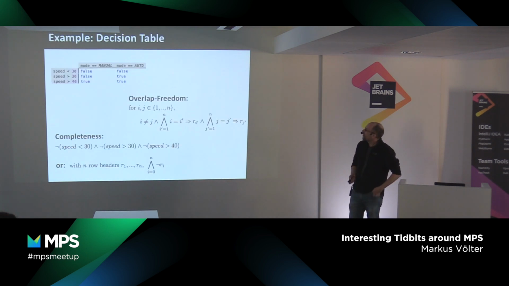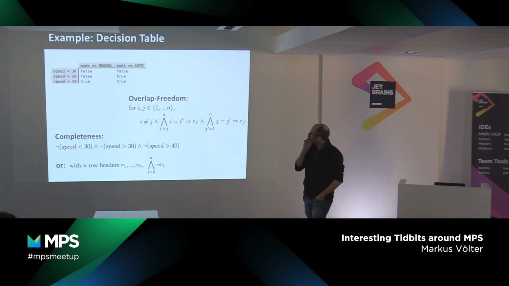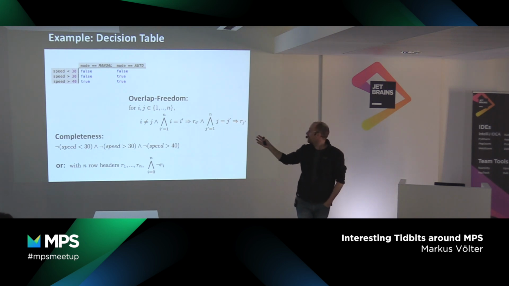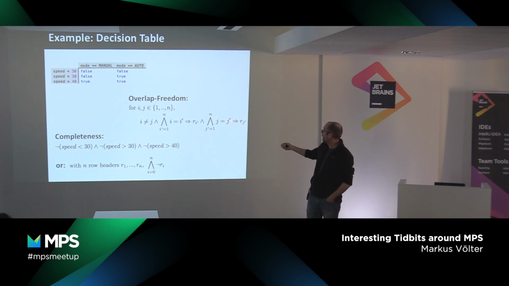Yeah, what we use it for right now, for example, is to check consistency and completeness of decision tables, where, for example, a table is only correct if all cases are covered, right? If there's no unhandled cases, and if each set of input values leads to exactly one solution, right? It's overlap-free. The problem is, well, this is basically simple, right? To ask a solver for that is simple. You essentially send them this.